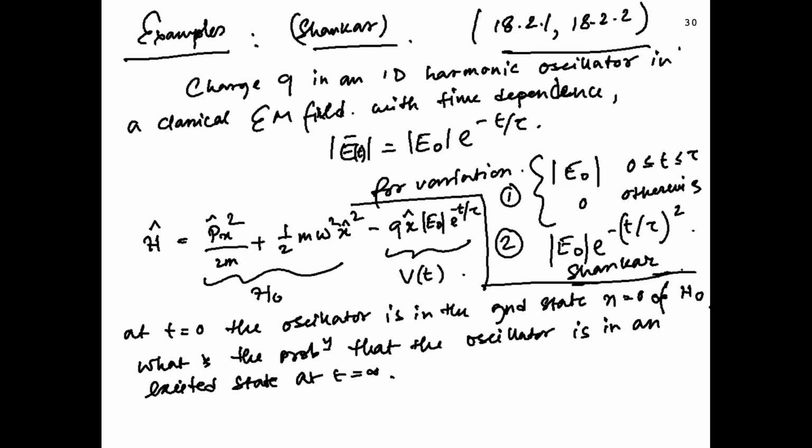So that's the potential. There are a couple of variations of this problem you can try. Usually you will find them in different books, and they are basically just different experimental situations. In one case, let's say you toggle a switch and turn on the electric field for a time period from 0 to tau, and then you switch it off again. So that's a time dependent perturbation: you turned on a disturbance for some time and switched it off. Another classic example is the Gaussian profile. You can have an electromagnetic field whose time dependence is Gaussian-like, which is e to the power minus t by tau square. But here we are looking at a decaying form.